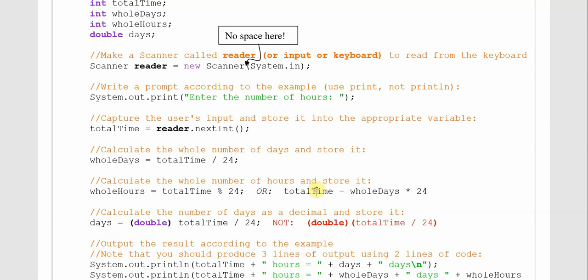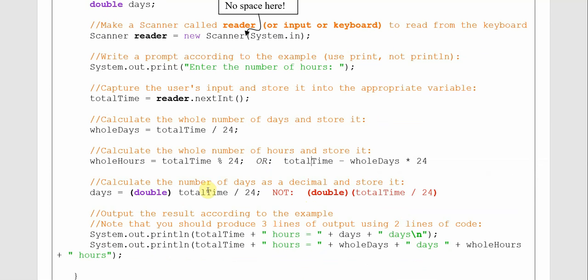So it's 26 hours total, and then 1 day times 24 hours in a day will give you 24, and 26 minus 24 would be 2. Or just do modulus. This was the expected solution. But this would have worked, and I would have given full credit. But not just this. Not just total time minus whole days. And then here,